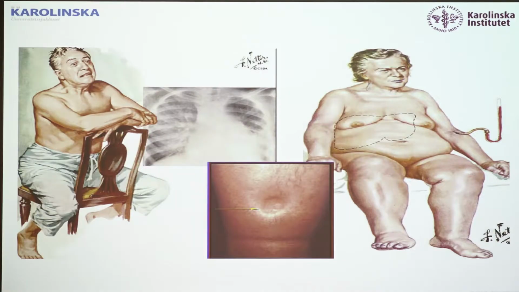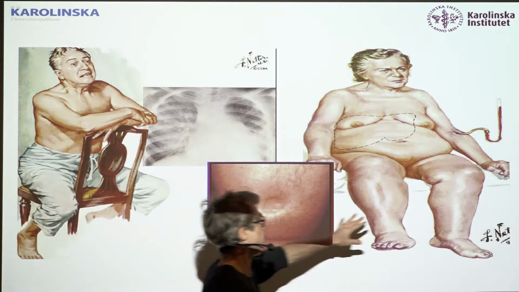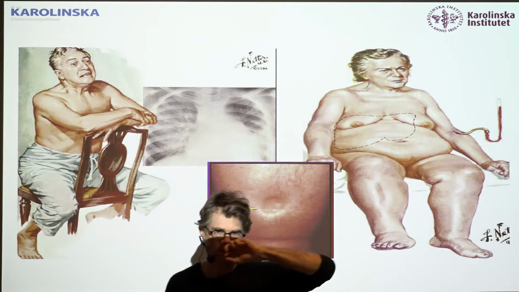What's the blood pressure in a dead person, by the way? Any idea? It's not 0, because the tissues have a hydrostatic pressure. So there's a pressure in the muscles and in the subcutaneous fat and in the viscera. That's about 7 millimeters of mercury. And therefore, the pressure in the vein is about 7 millimeters of mercury. If it were higher, you would get edema. And it is higher in patients with heart failure. It can be all the way up to 30 in the veins. And that's why the patients get edema.